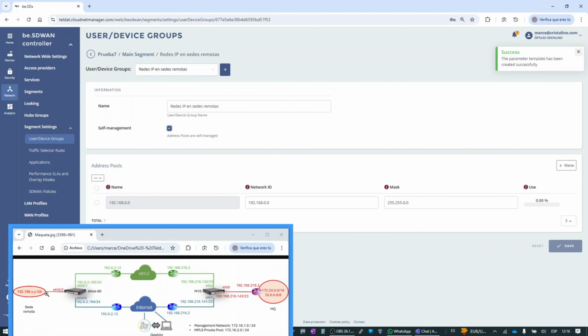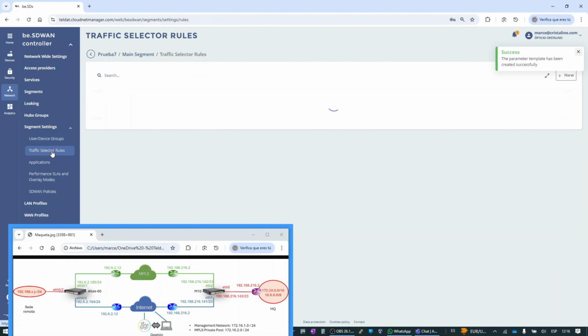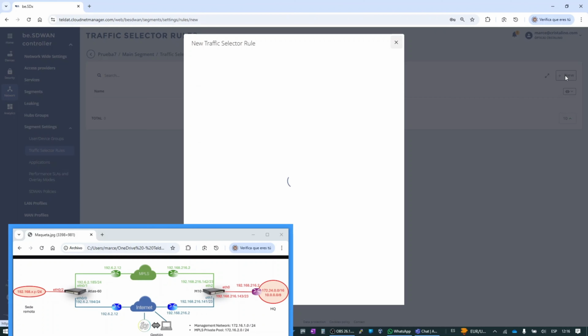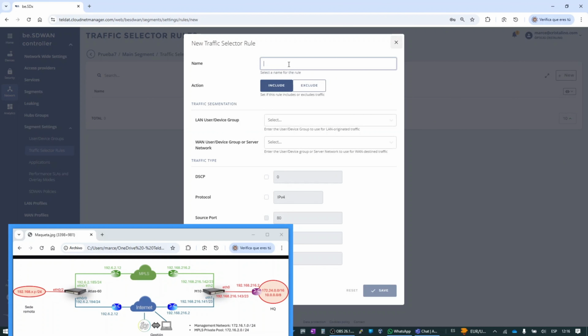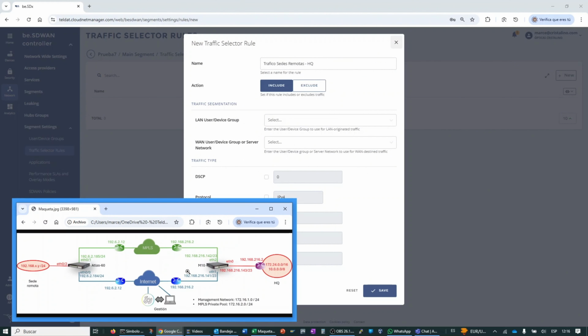Local networks behind the Xboxes. The next point is traffic selection rules. We need to establish the traffic selection rule, which would be equivalent to a traditional ACL. Why? Because for each traffic we want to flow in this network, we must create an ACL, a traffic rule. So as always, hit new. New button, we give it a label. I'm going to call this one remote site traffic to data center, and here we have to tell it